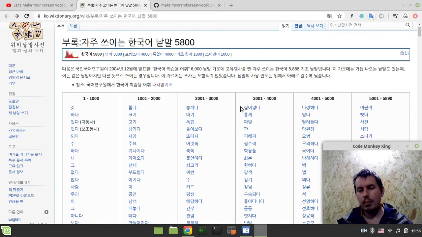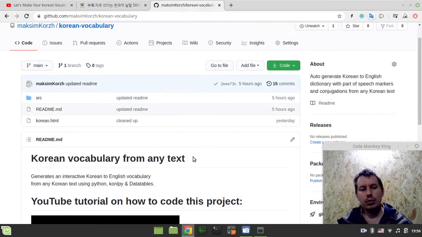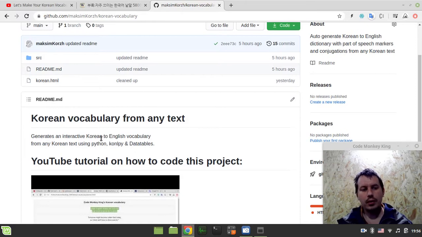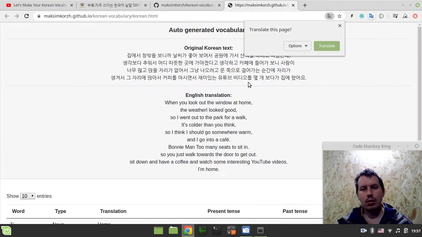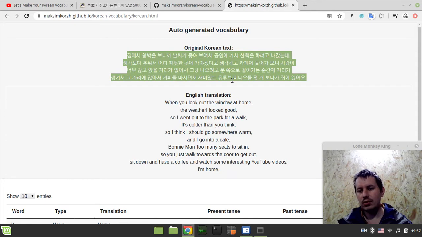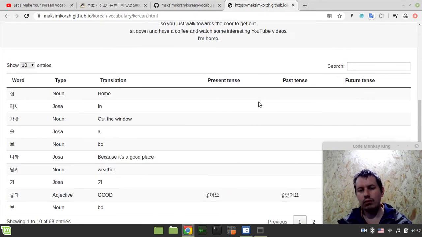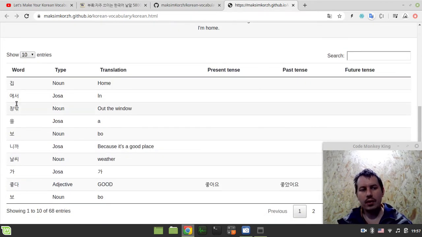So in cooperation with a Python script that I've already built that allows you to generate interactive Korean to English vocabulary from any Korean text using Python. And just to give you an idea how the output looks, if we input this sort of text, this is a sentence that we can get a translation for, and then we have this list of the words,